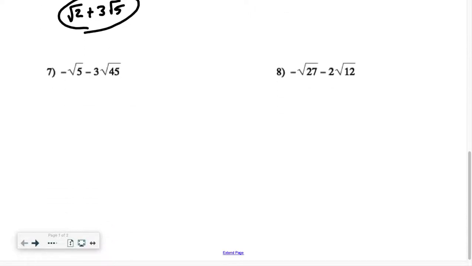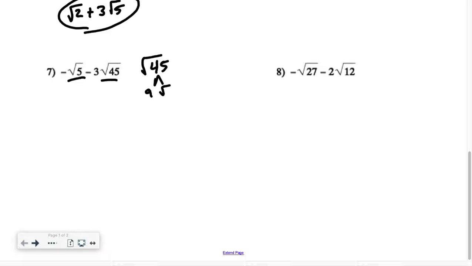6 is pretty similar there. I'll do an example here where we don't have like radicals, okay? But we could create like radicals. So here we've got 7. We get negative 1 square root 5 minus 3 square root 45. So not like radicals, okay? However, if we simplified the square root of 45,